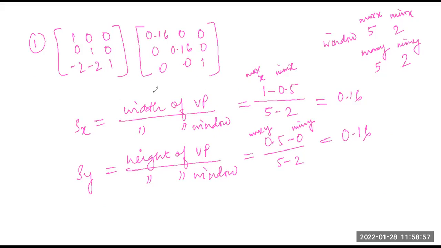अब थर्ड स्टेप मेरा क्या था, कोई बताओ? What was my third step? Translate. Translate मतलब translate back. Translate back किसको करेंगे? व्यू पोर्ट को ट्रांसलेट बैक कर रहे हैं। पहले हम क्या किए, पहले विंडो को ट्रांसलेट किए टू ओरिजिन, बट नाउ वी विल ट्रांसलेट व्यू पोर्ट बैक, वी विल ट्रांसलेट द व्यू पोर्ट टू इट्स डिजायर्ड लोकेशन ऑन द स्क्रीन।